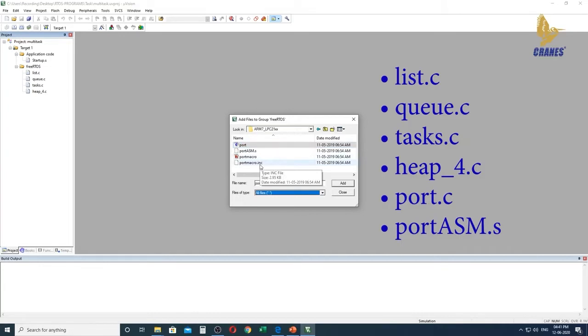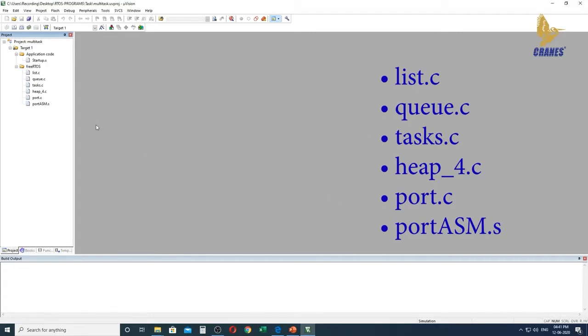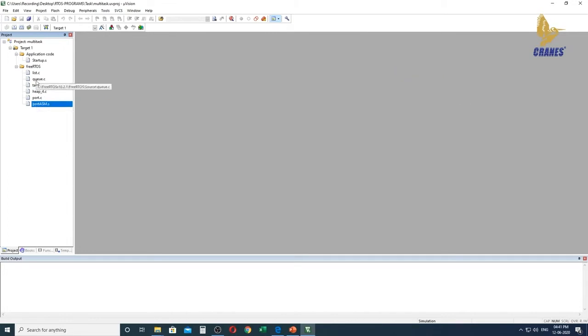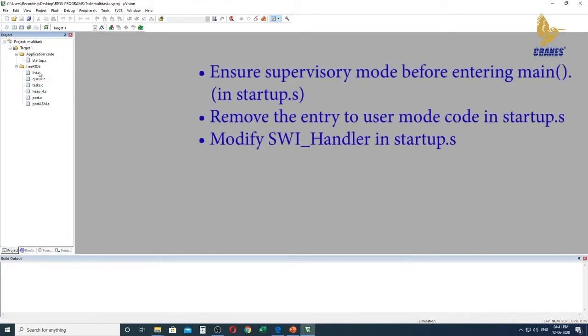In these files we are going to select port and port asm.s. We are going to click on add, and once you have added all the files you can close it. Once you have closed that, you can look here, we will have a total of 6 files. These 6 files are for the minimal freeRTOS configuration. Once all the 6 files have been included, next we need to open up our